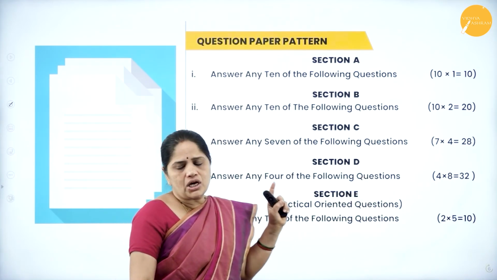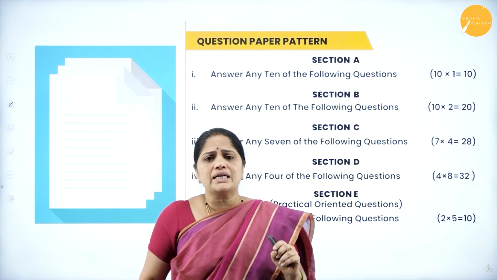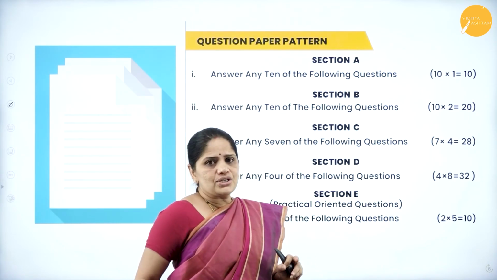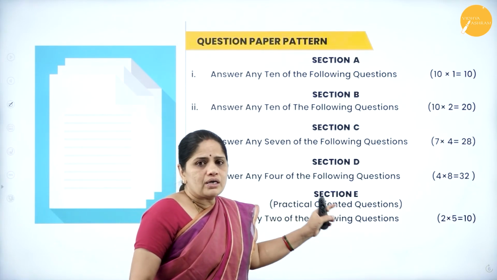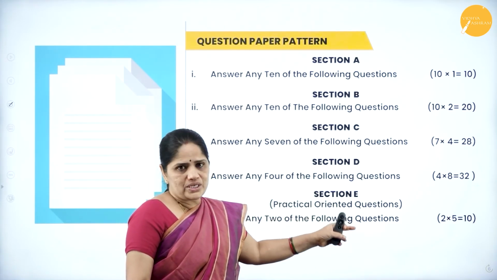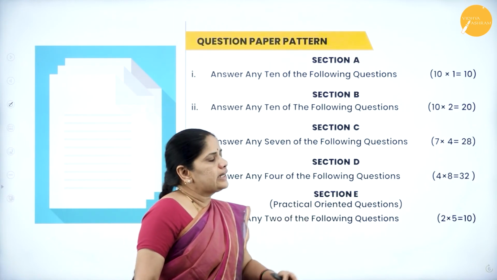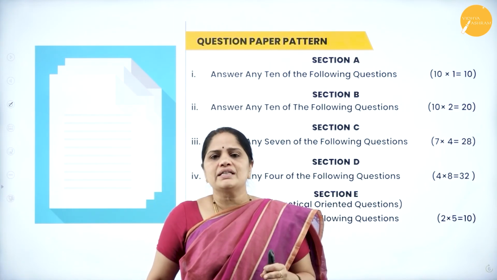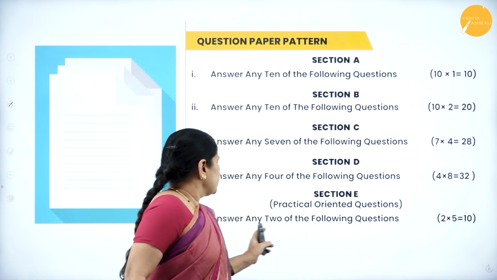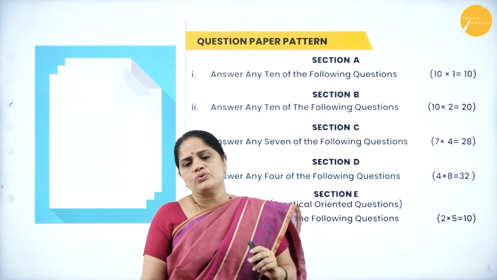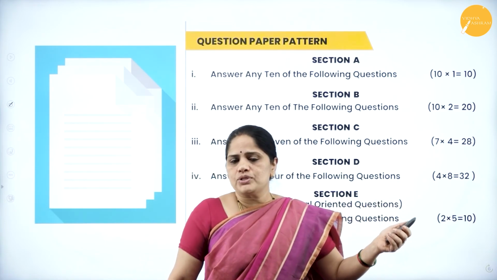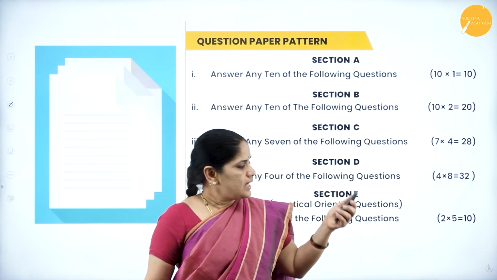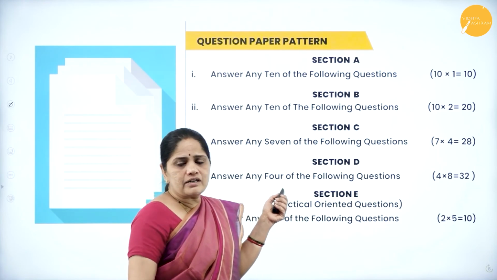And last but not the least, a very important and very high scoring section, that is section E. That is the POQ, or the practical oriented questions. In this, you will be given 3 questions, and you will have to answer any 2 of them. So 2 into 5 comes up to 10. This is the question paper pattern for the